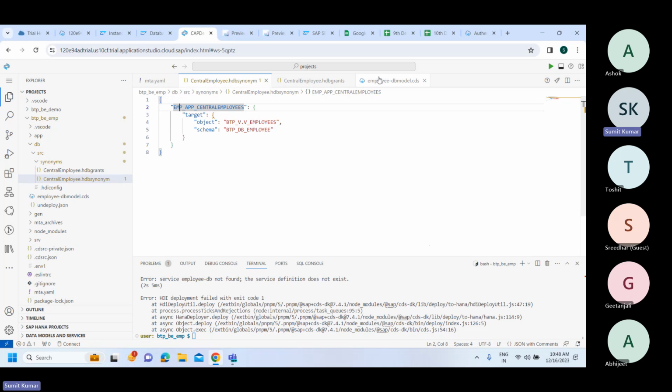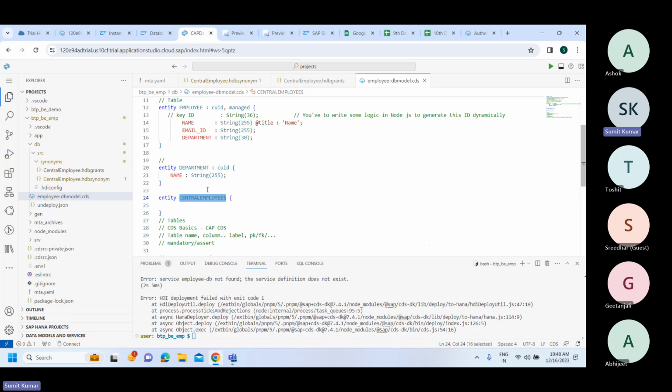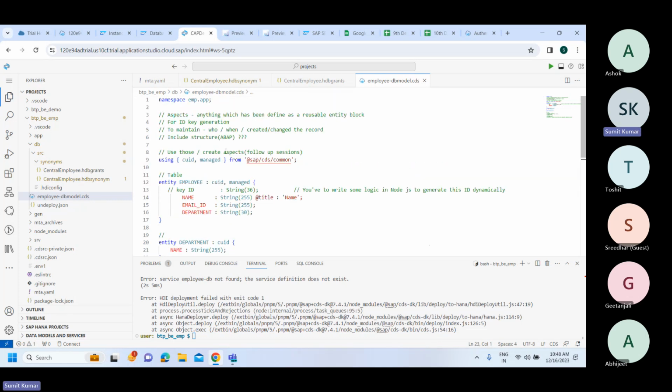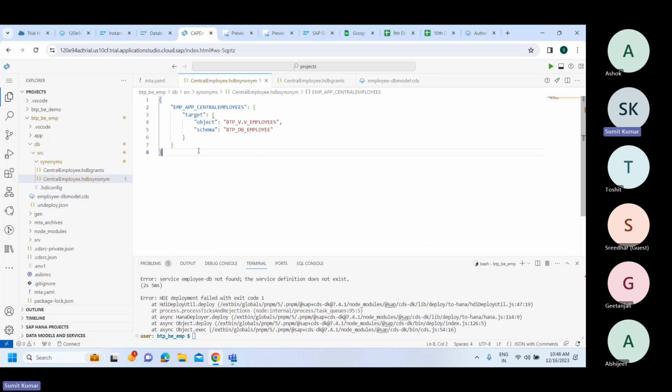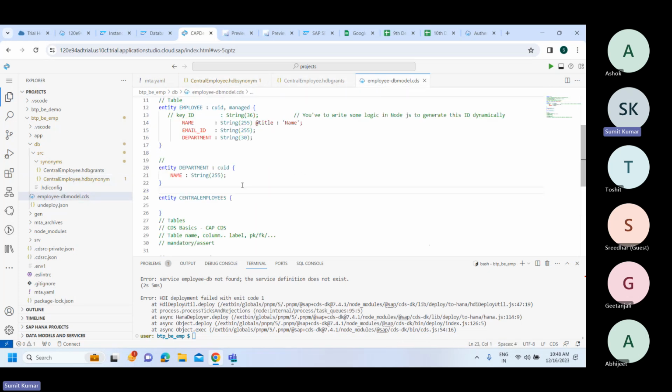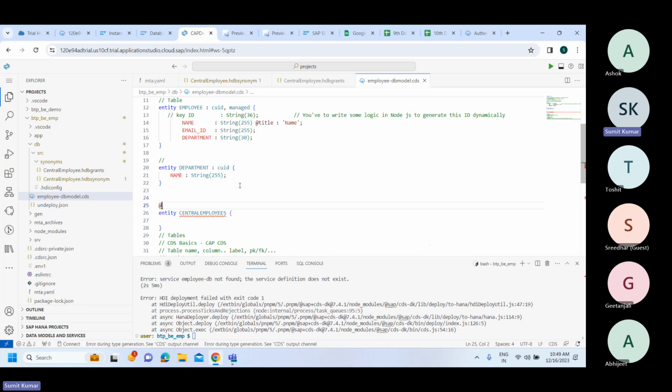Should the system create anything new for that? Or it should just connect to the existing component that exists, right? So if you don't want any of the new tables to be generated, rather we would like to have the things which are already available in the form of synonyms to be connected while creating an entity and the service endpoint for that, what we'll do is we'll simply say CDS persistence